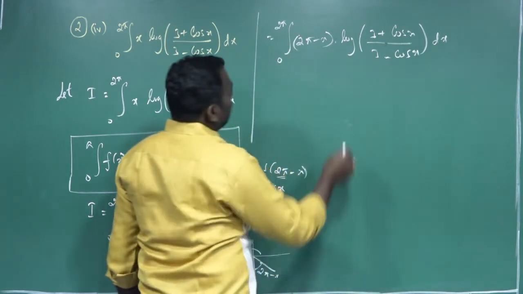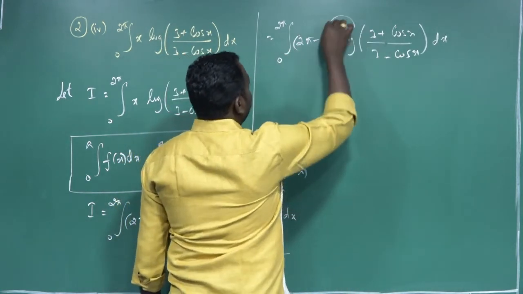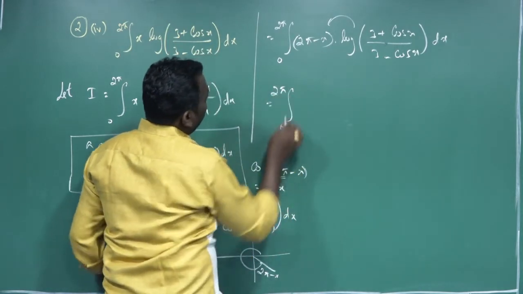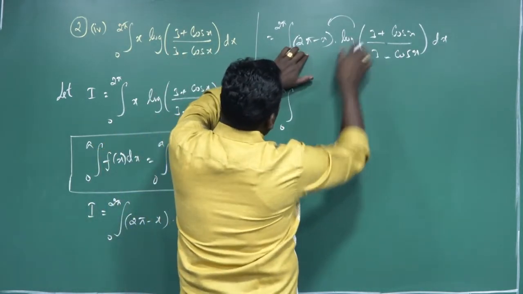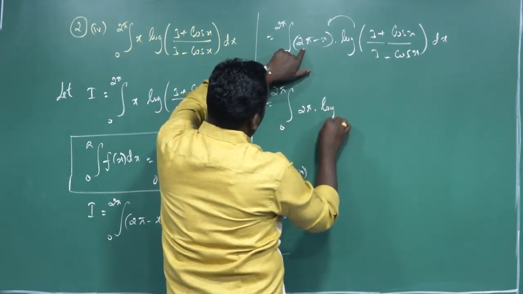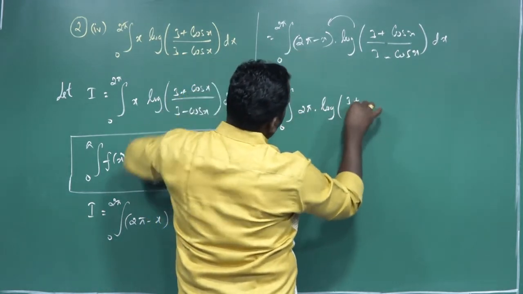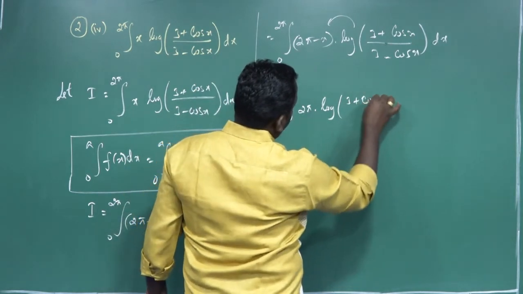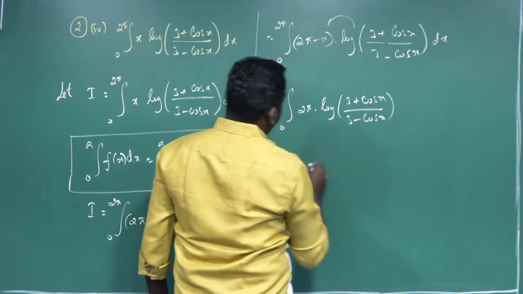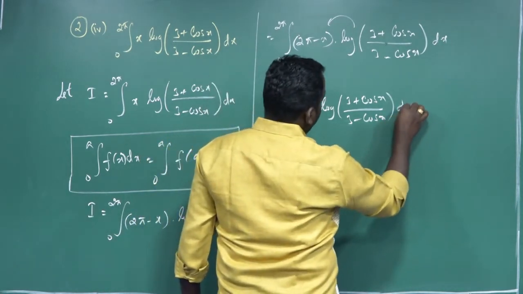Now next line, multiply this term inside the bracket: the integral from 0 to 2π, multiply 2π with the log term, 2π log((3 + cos x)/(3 − cos x)) dx, the first term, plus